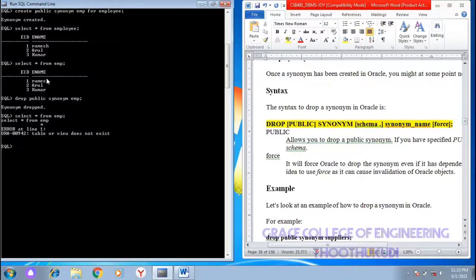After dropping, it shows table or view doesn't exist, but the employee table still shows the content. So employee table has all the content. So this is the third concept of our third exercise, the synonym concept.